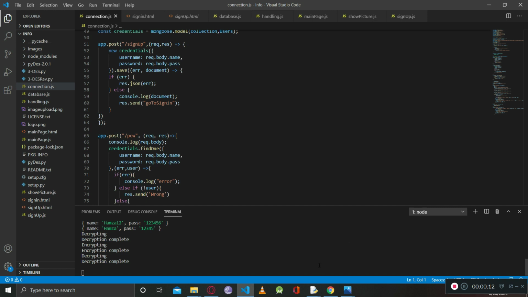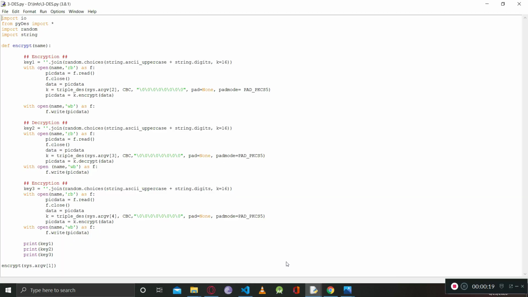And we basically use Python for the implementation of the triple DES algorithm, and we have two Python files for that, one for the encryption and one for decryption. We're using a Python module named PyDes for the implementation of the triple DES algorithm, so we're just importing that over here,